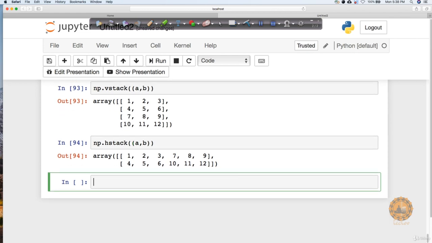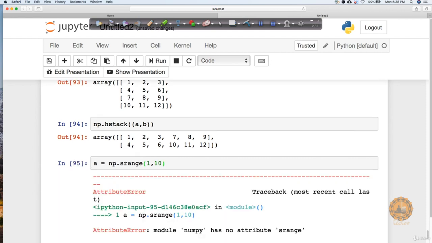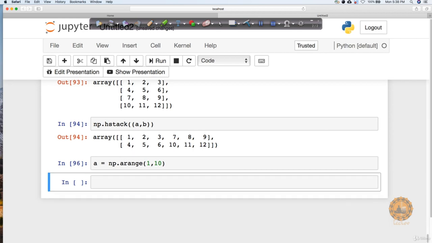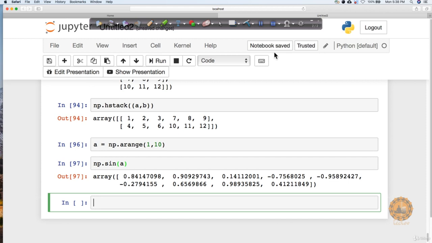Now similarly, let's perform some more mathematical operations on it. So let's say again, if I take np.arange from 1 to 10, okay, you can see that it's very simple, right? Basically, we have an inbuilt function, a very convenient function, and we are just using it as it is. Now, let's say on this A, I want to perform some operations. For example, I want to get the sine value of this. So I can say numpy.sin of A. This is going to return me all the sine values of your A, right?